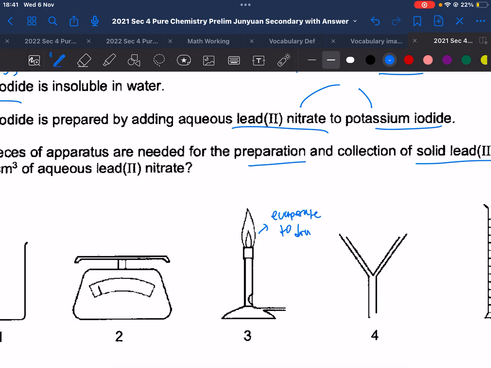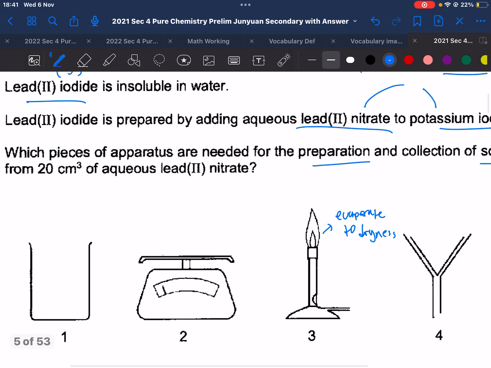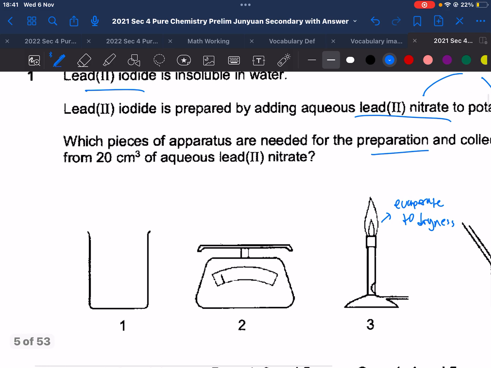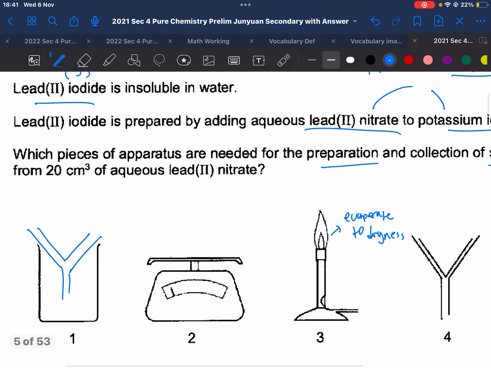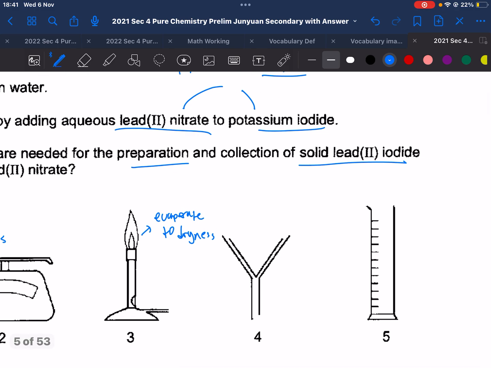to dryness. Okay, don't mind my handwriting. This is a beaker, it is just to contain. Okay, this usually we will put the flask over here, or the inverted filter funnel here, right? So it will be like that, then the filter paper will be lined inside. Okay, this is the balance to measure mass. Okay, and then this is our filter paper, and then this is our funnel, filter funnel, or just funnel for short. And then this is the measuring